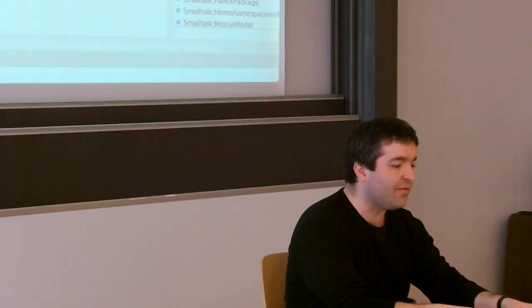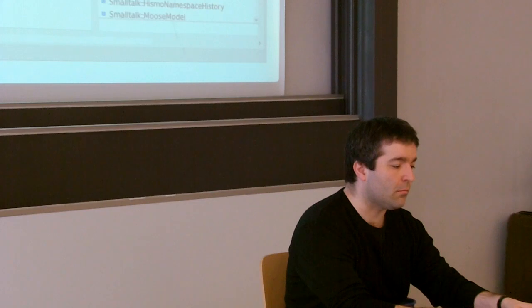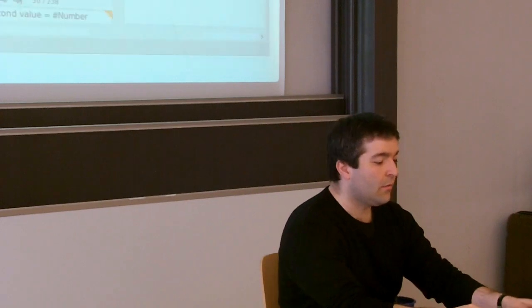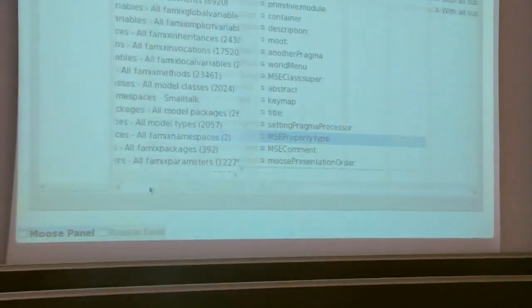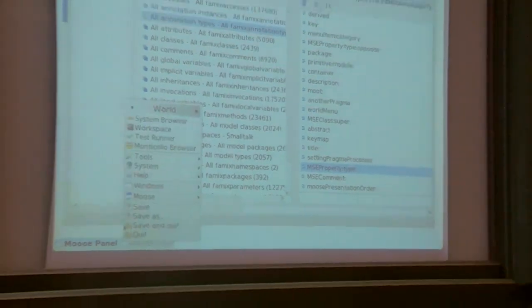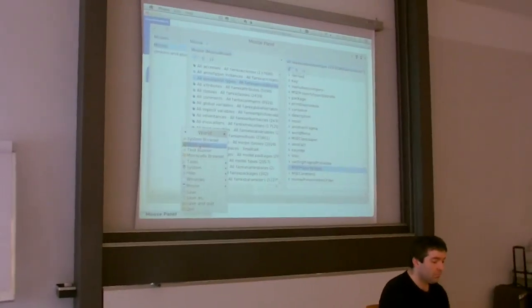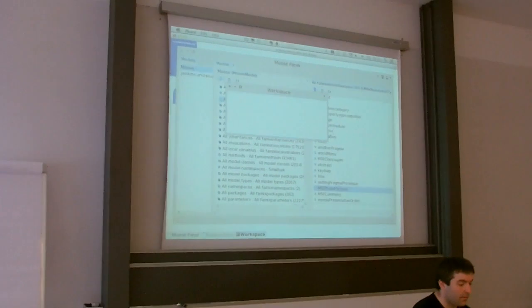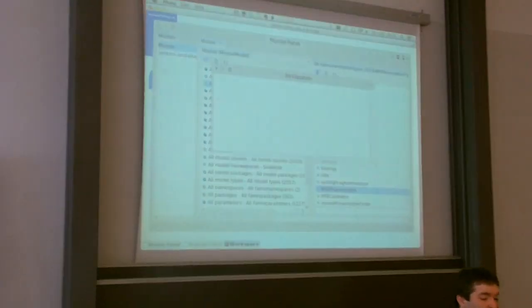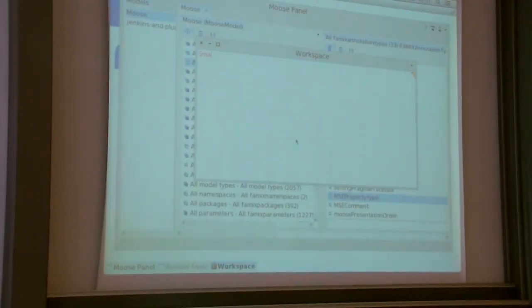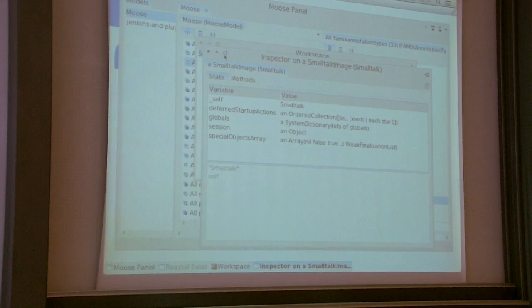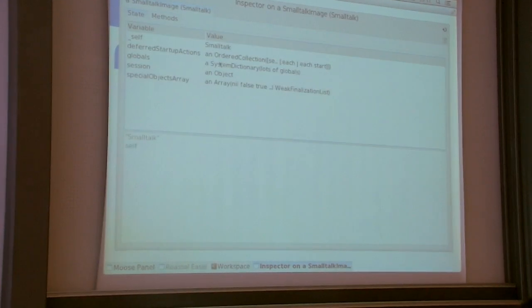So here I have a Finder-like interface, and the same thing applies for a Smalltalk object. So it doesn't have to be a founding subject. So now I'm inspecting, for example, Smalltalk in this case, and I can see here my Smalltalk object, and okay,